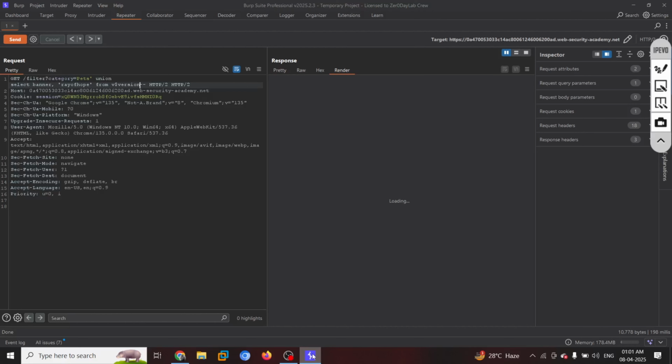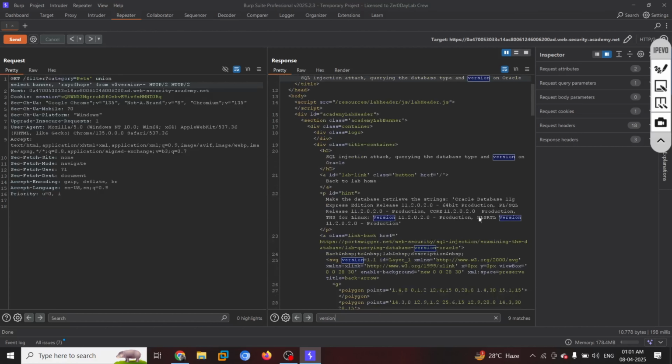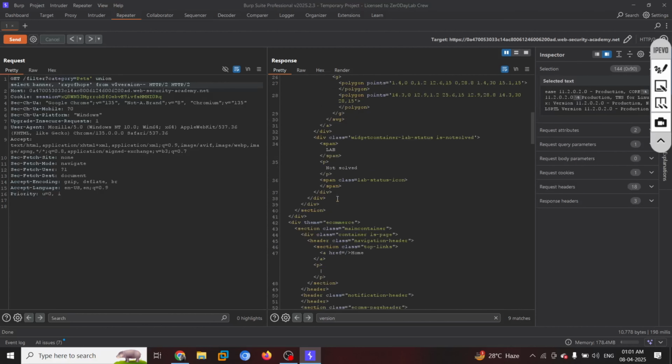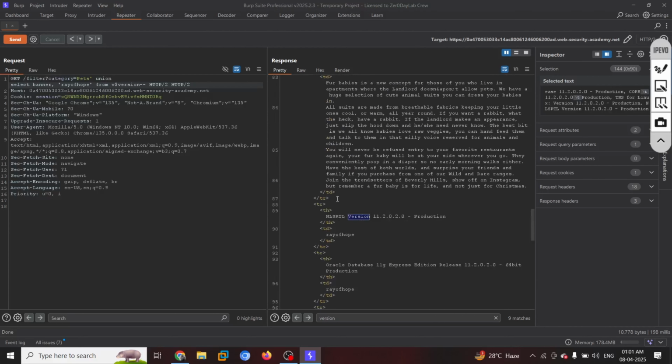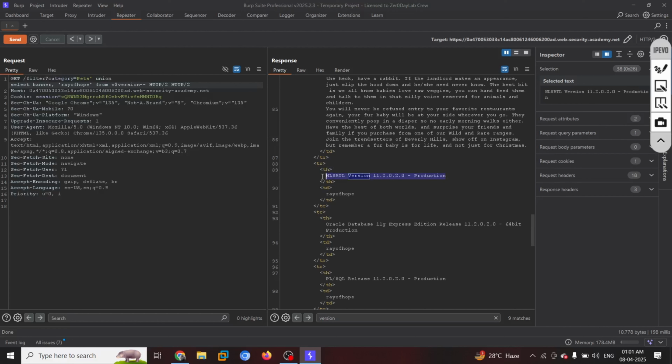But where is the version actually? Let's see. Version. Can you see? We have the complete version details over here. Right? So this is how we would come to know the database version and we solve the lab, right?